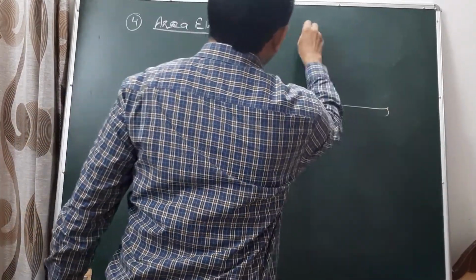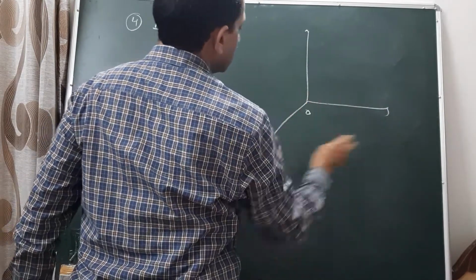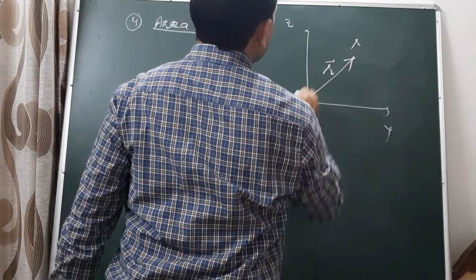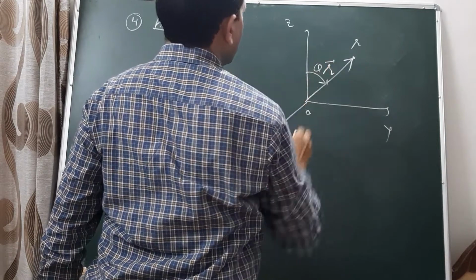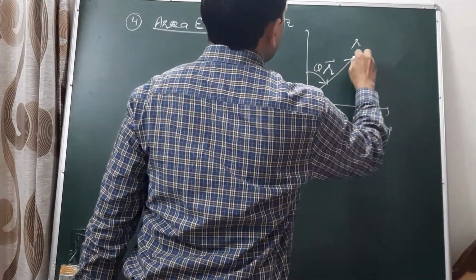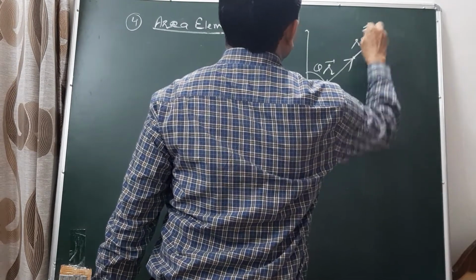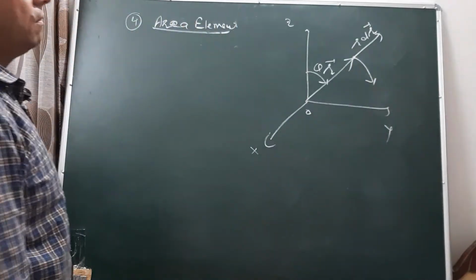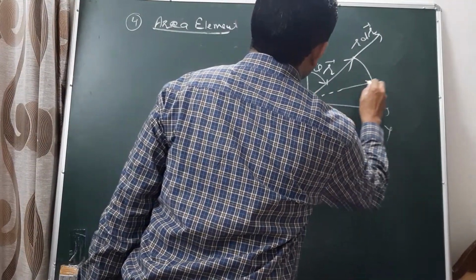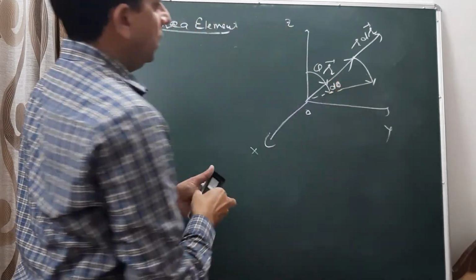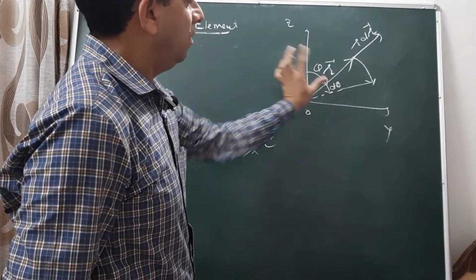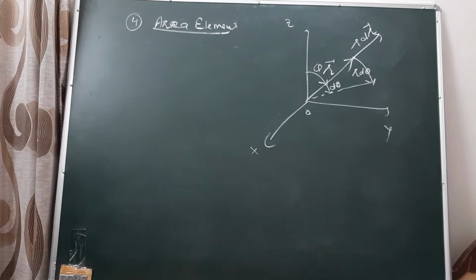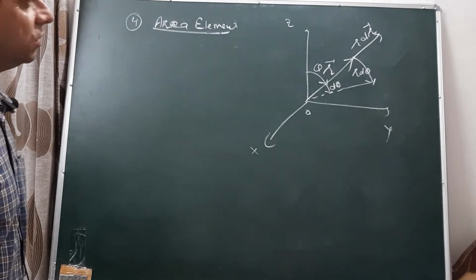We know that in the spherical polar system, this is x, this is y, this is z, and this one is r, you know that r, and this is theta. And dr is the extension of r, and the corresponding arc to the variation of theta is d theta, a small angle, as this is theta and this one is small d theta, and the corresponding arc is r d theta. Okay. And where is r sin theta d phi?